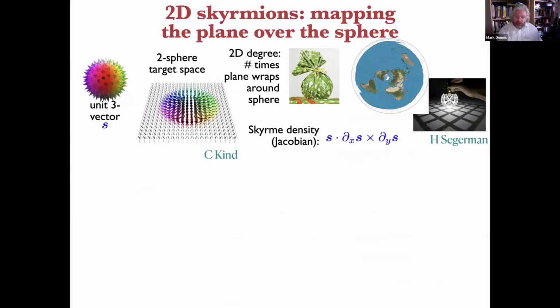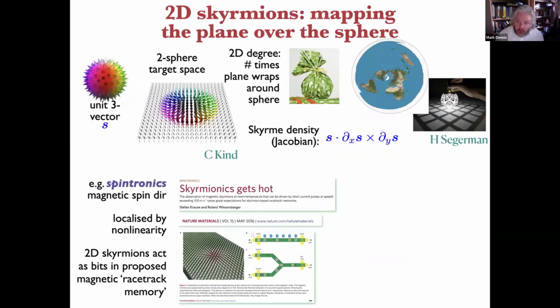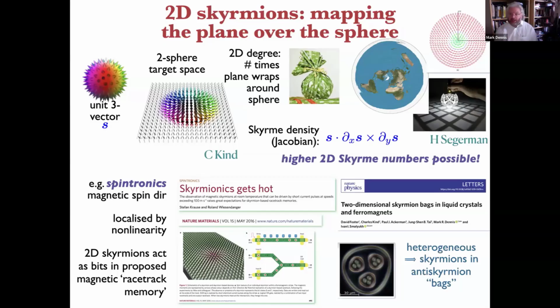The density in 2D is this thing involving this normalized S vector on the sphere. The importance in magnetism is that in a magnetic material these will be like quantized bits for high density, low energy storage. And indeed, some of the work that I've done in liquid crystals and magnets is trying to realize these higher integers in these nonlinear systems. I should point out that